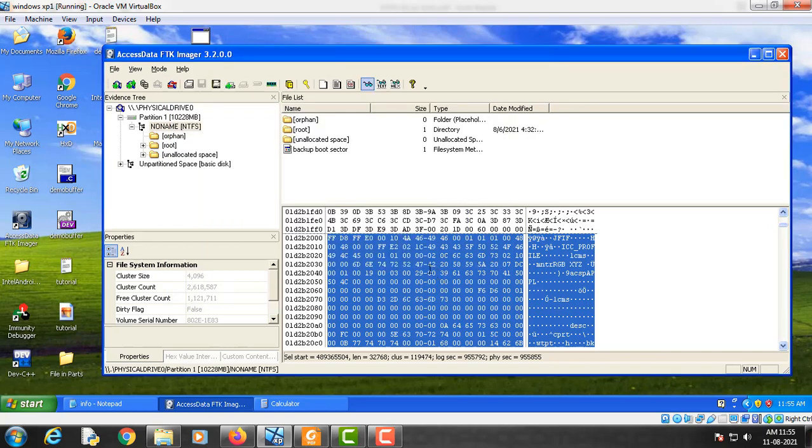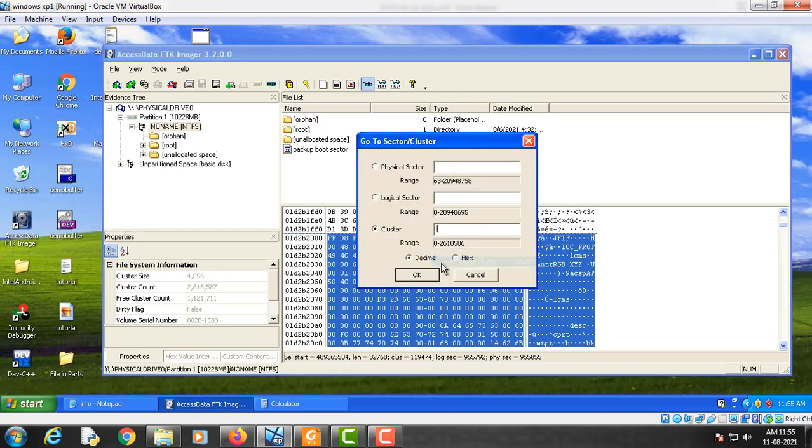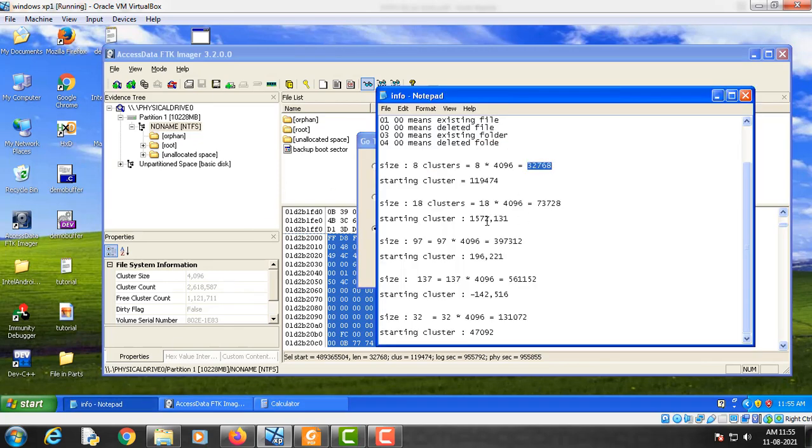Okay, now right click and go to another cluster, and this is the starting cluster. But in order to get the next starting cluster of this file, we will have to add this starting cluster value to this value.